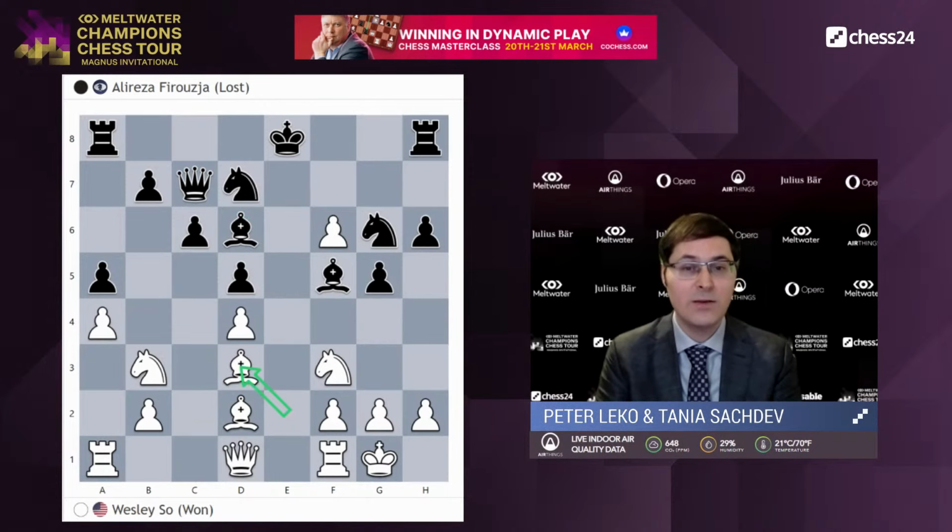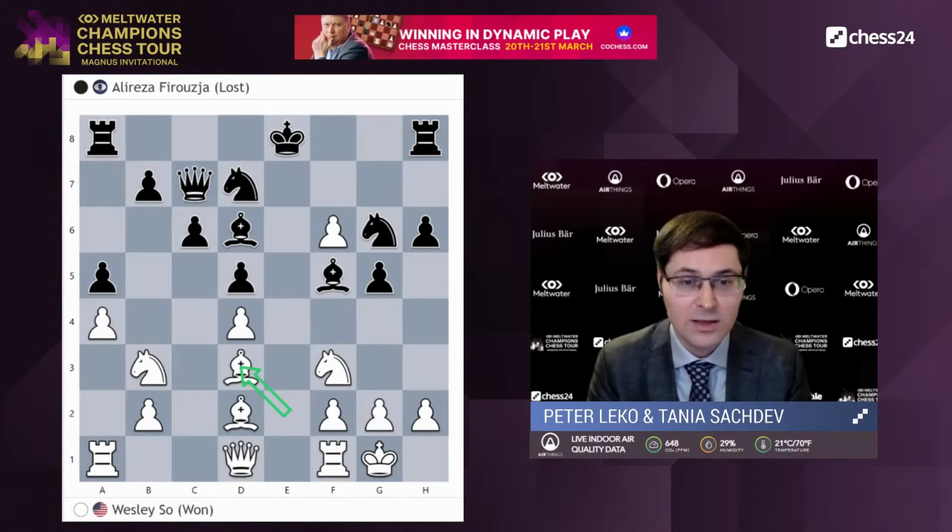I mean, this is like from a different planet. I mean, this is really something amazing. This is what we would expect from some ultra supercomputer, yeah, like AlphaZero. And if AlphaZero would be doing this, we would be saying that, yeah, of course, this AlphaZero is incredible. But Wesley is doing it as well in a rapid game. Yeah, after thinking for 5 minutes,